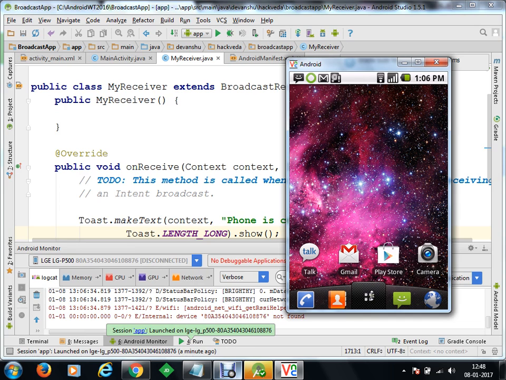You can go and check for the receivers in your settings, wherein in the services you will get the list of the receivers which are listening on your device. Then let's say if I connect that with power,